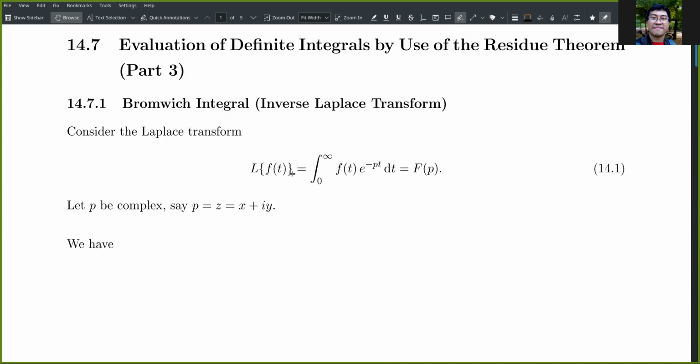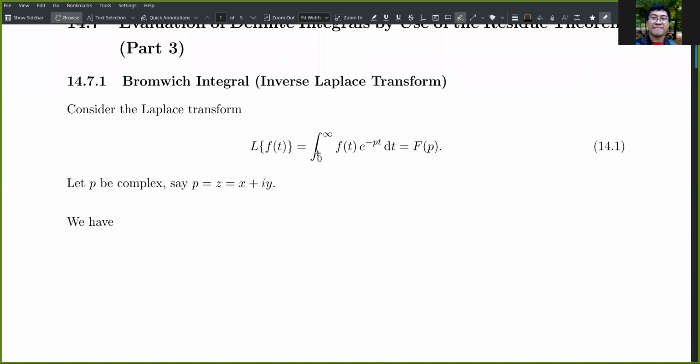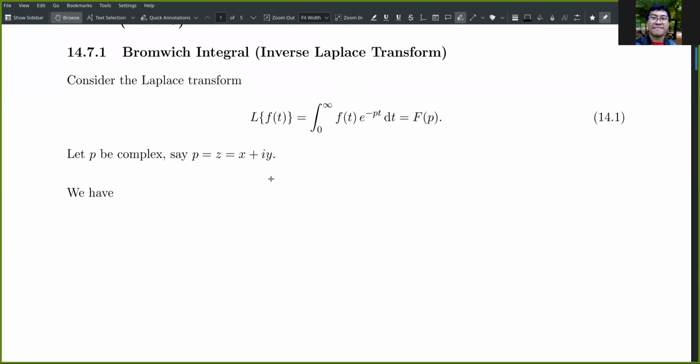We consider the Laplace transform of a function f of t, which is equal to the integral from 0 to infinity of f(t) times e to the minus pt. We'll call the resulting function F of p. Suppose p is a complex number, say z, so that we will have F(p)